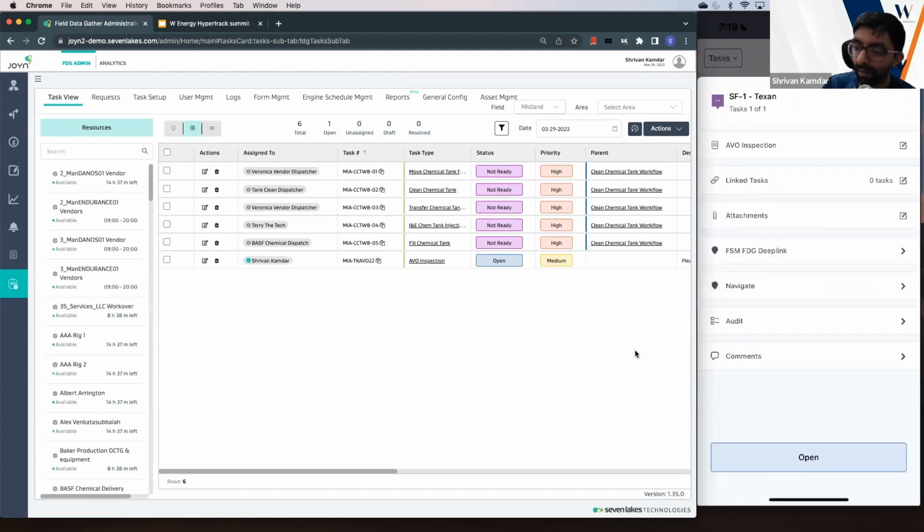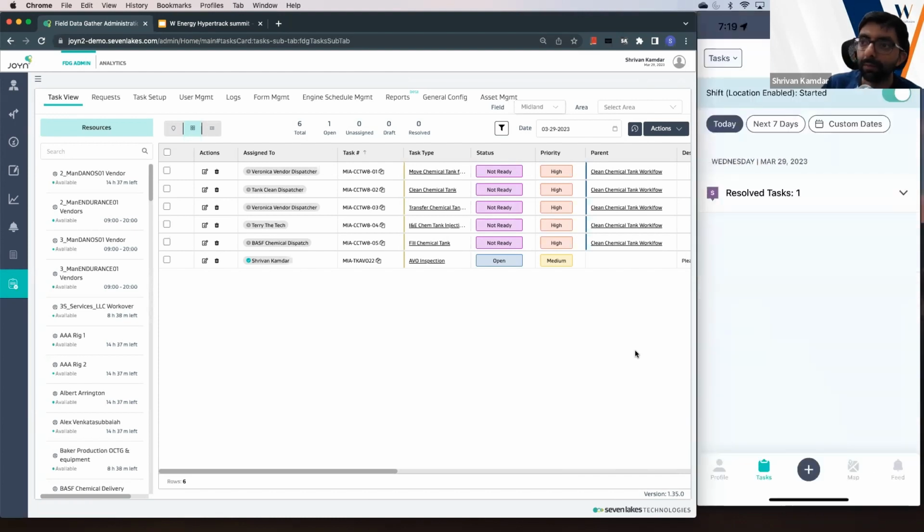Send that in, and then I will say the task is resolved. And once that's resolved, we'll see the updates here, and then we'll go look into the actual task. So there you go, it's resolved. Now, if I go in and look at the details,